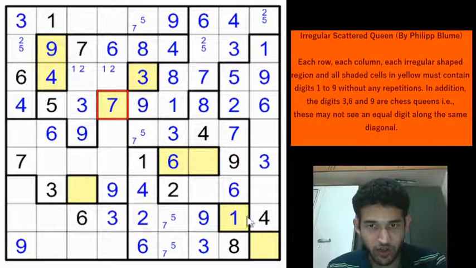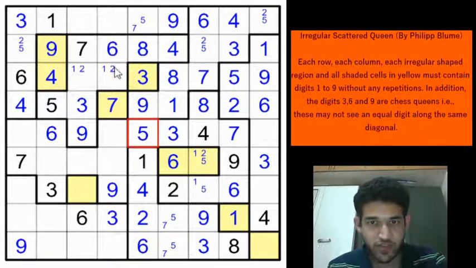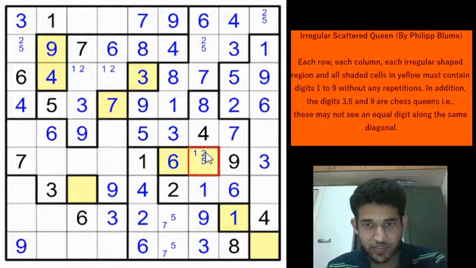Okay, if you look along column 7, we have placed 1, 2, 3, 4, 7 digits, right? Sorry, 6 digits. Remaining digits are 1, 2 and 5. Okay, let's mark the candidates. So this will be 1, 2 or 5, and this can't be a 2, so this will be 1 or a 5. Right? And looking at this region, again you have a 5 or 7 here. This can't be a 7, so this will be a 5, and that gives a 1 here because 5 can't be in this region. So this will be a 7 now, and this will be a 2 or a 5, right?